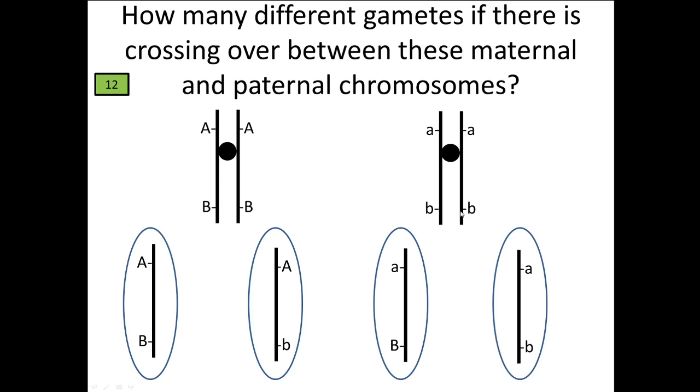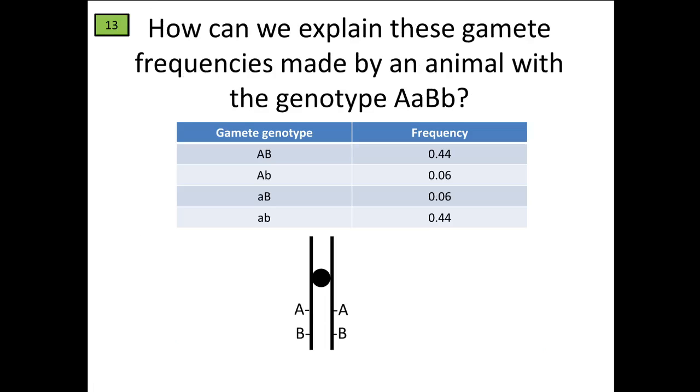On the previous slide, I said that I'm making 4 different types of gametes, and this one's common, big A, big B. This one's common, little a, little b. These two are rarer. These are called recombinants. These are products of crossing over. Well, they're rarer just because,